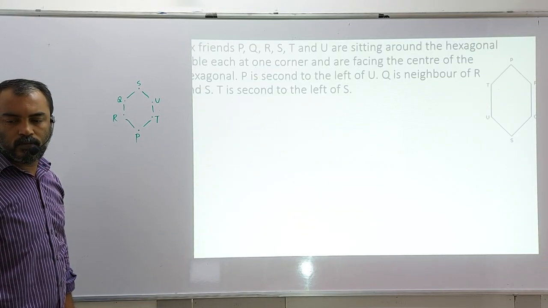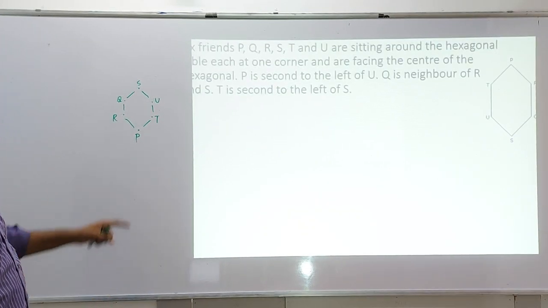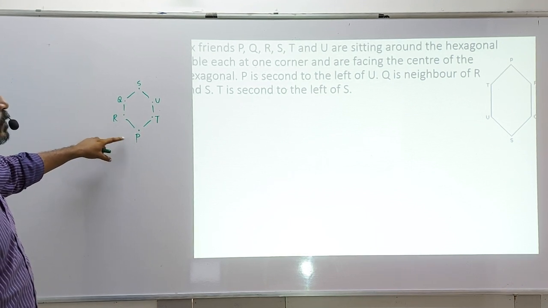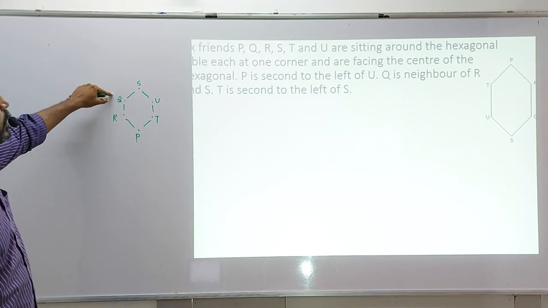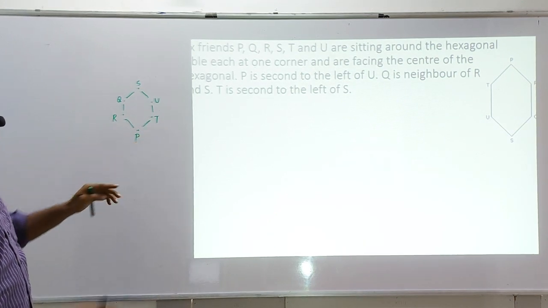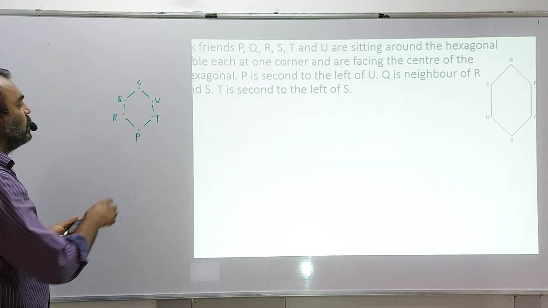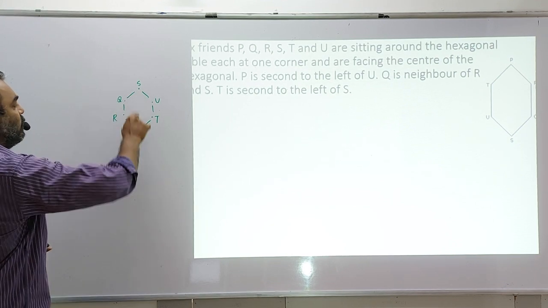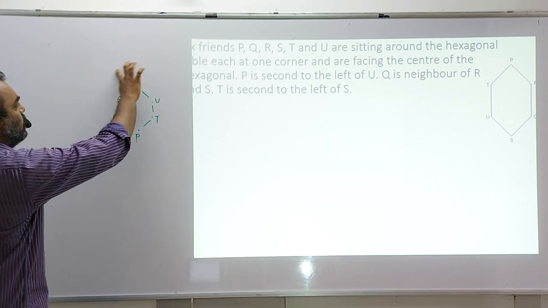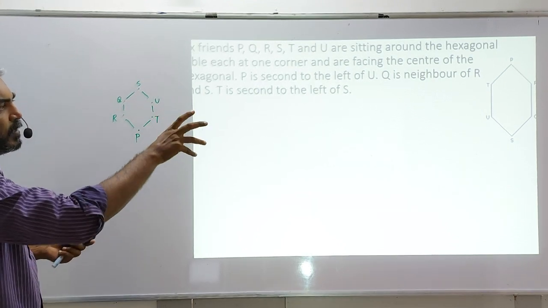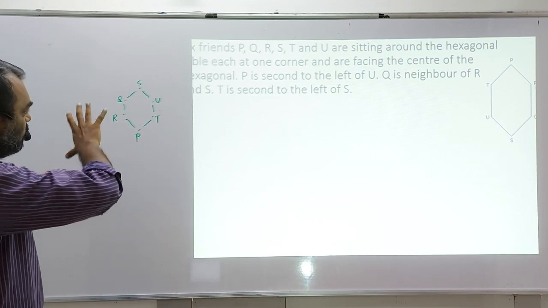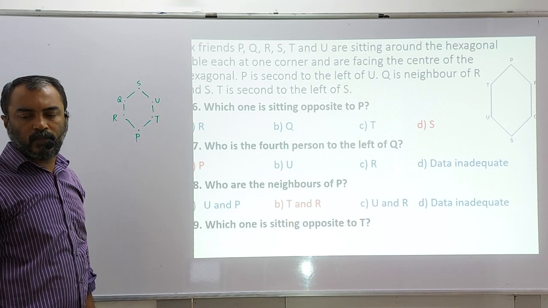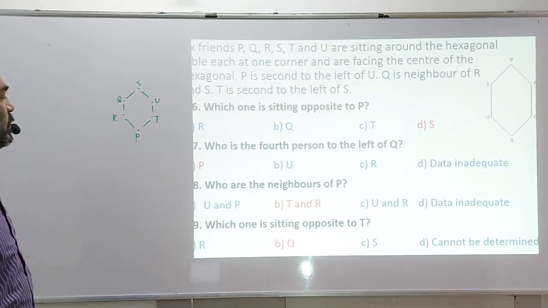So first we check the position. We have got P. We start from here. To the right of P we have got R. Then Q, then S, then U and T. So the position has changed, but the order remains the same. You can see if I move P 1, 2, 3 steps, R will automatically come here, Q will come here, S will come here. So the position may not be the same, but the arrangement is the same, and then our answers will also be the same. We have all the answers.